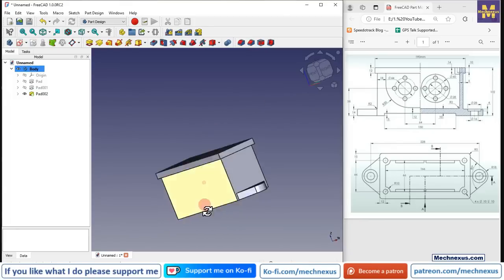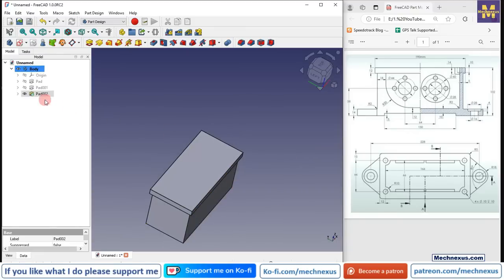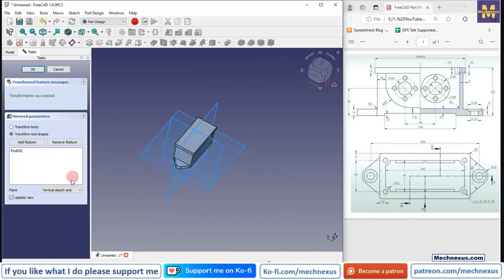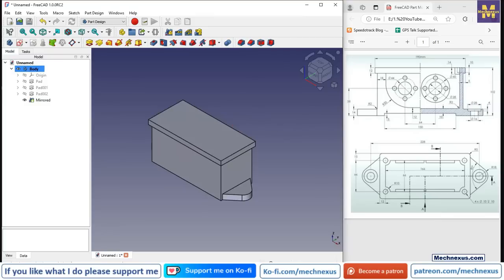now we will mirror these features on other side of our part. So select the features, go to the mirror option, and from here select reference, select mid plane, click on OK, set isometric position, and now the next feature is to